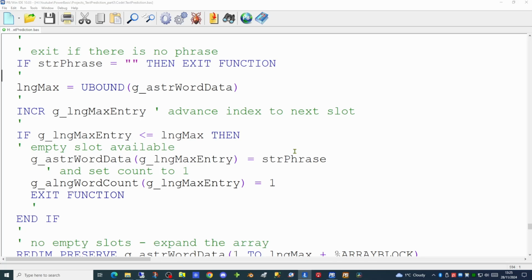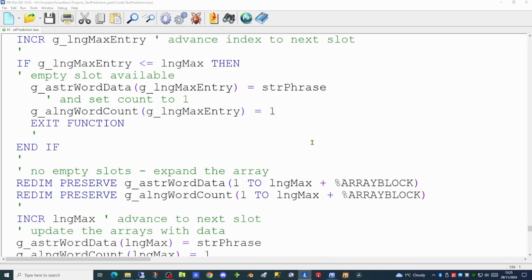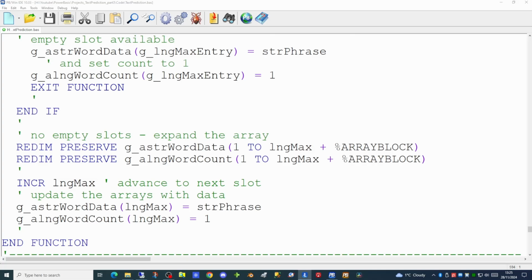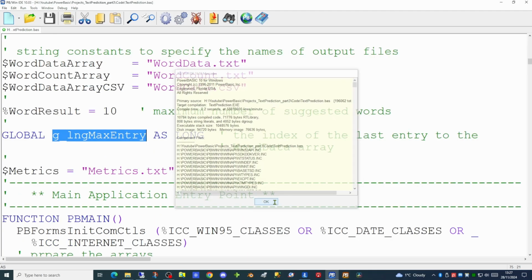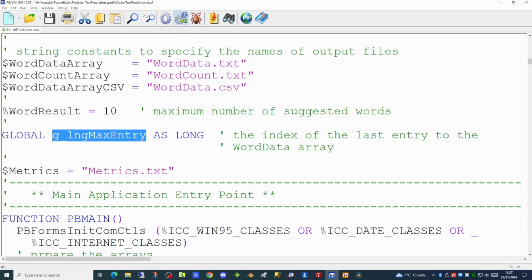If this value is not true, then we will redimension the data in the array, as we did before. And the only difference being, we can just change these variables to designate the global one. So a very minor change to the application should make it more performant. So we can specify this new global variable at the beginning of our application. And if we try running our application now,